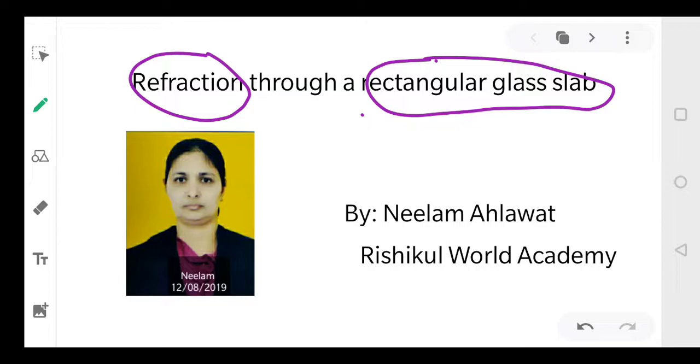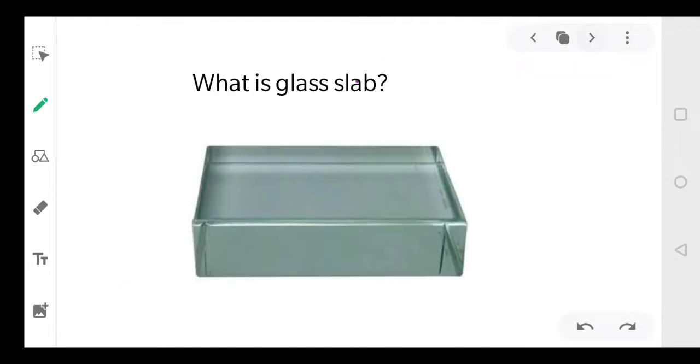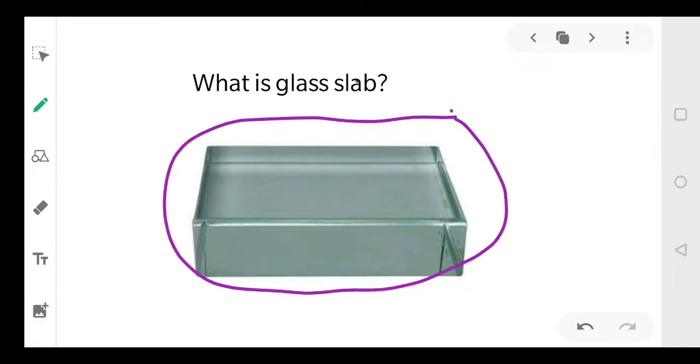Okay. Now coming to the rectangular glass slab. Have you ever seen a glass slab? No. So let's see first. I'm showing you a picture of the rectangular glass slab. This is your rectangular glass slab. Right? It is rectangular in shape and it is made up of glass. Okay, students? It is made up of